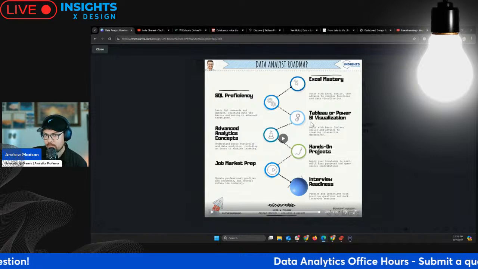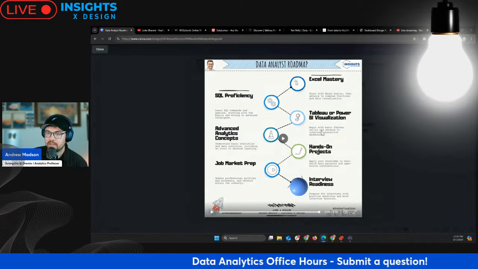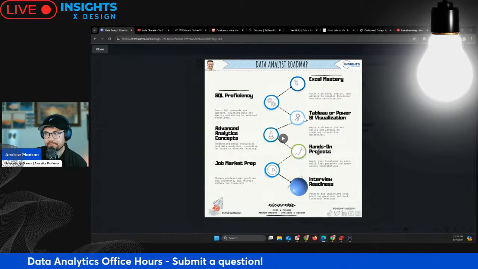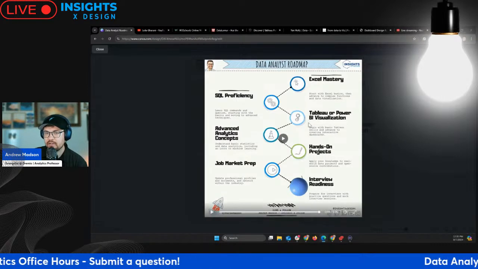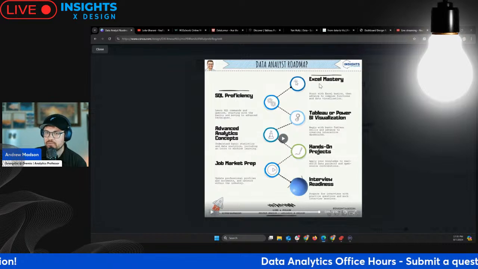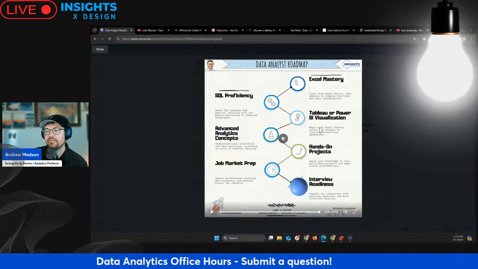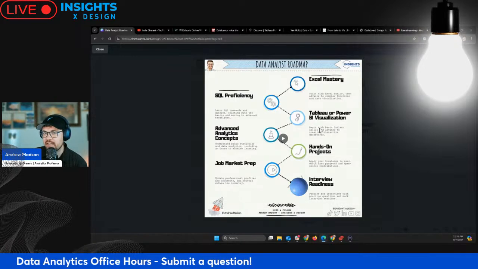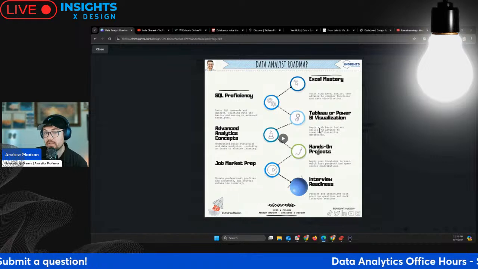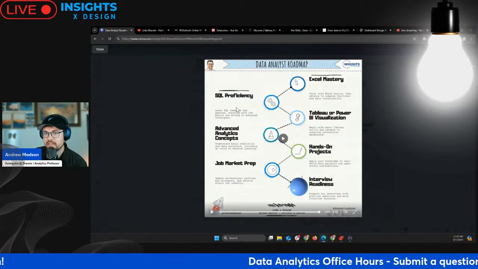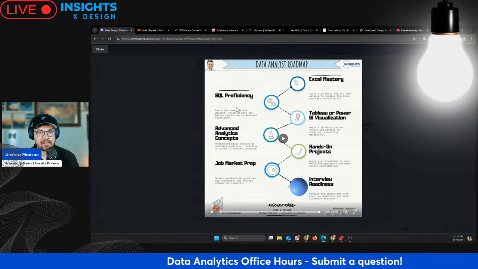After Excel, I would then go on to some kind of visualization or dashboard skill set, because as you do that, you're going to be able to learn the SQL required or the Excel skills required in order to build an effective dashboard. So I think after you've got the foundation of Excel, you need to have a project-based learning focus, because then you're going to learn the right skills in SQL in order to be an effective data analyst.